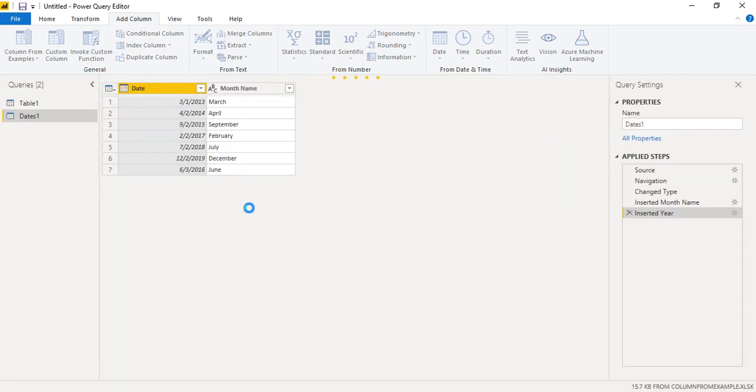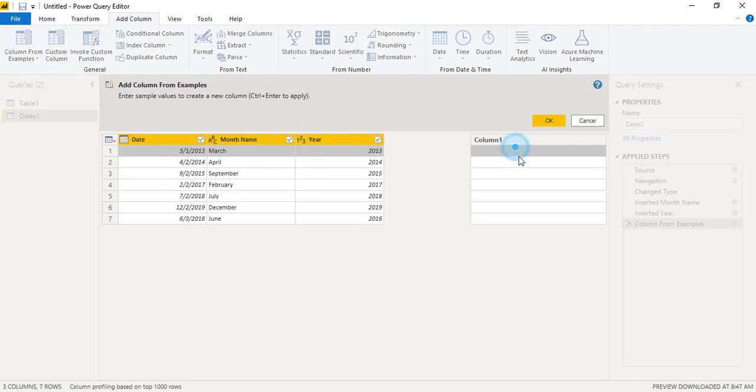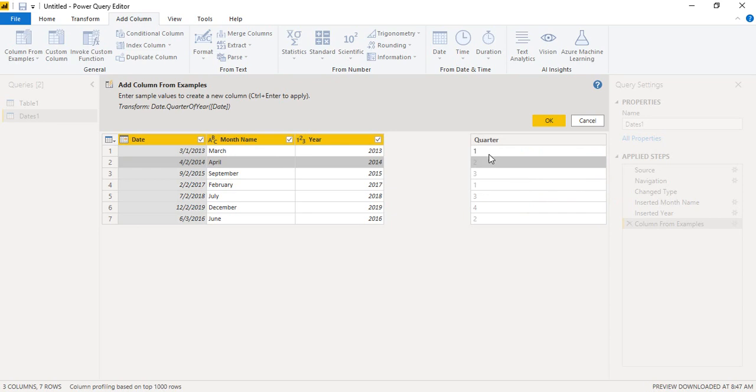Similarly, if you want quarters, okay, quarter was also a possibility in the date functions, so we can simply click here and write quarters. We want the function related to quarter. So quarter of year from date, which quarter it is, we can just write it. Automatically it has taken up the quarter values and you can click on OK.